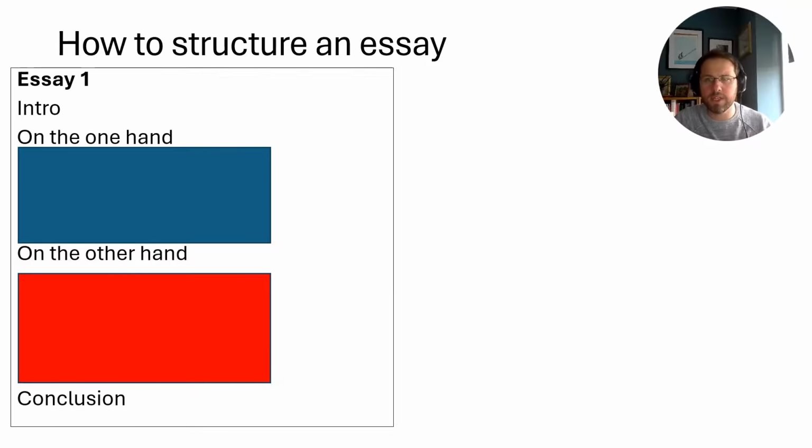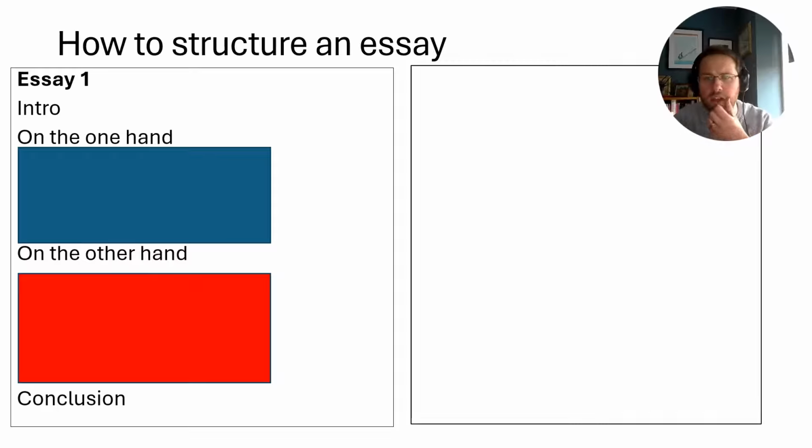Now, the difficulty with this structure is that if you're arguing, say, in favour of blue, all your arguments in favour of blue are going to get lost in this whole section on red. So you're going to have a large part of your essay that doesn't really interact with the other part of the essay, and that means your argument is going to get lost. But there's a way in which you can include both sides of the argument to resolve this problem. You can include both sides, but you're also getting forward your own argument.